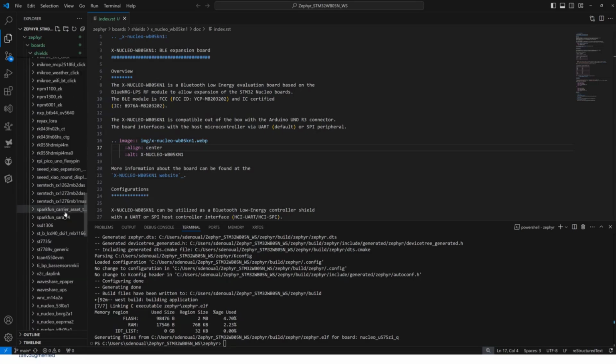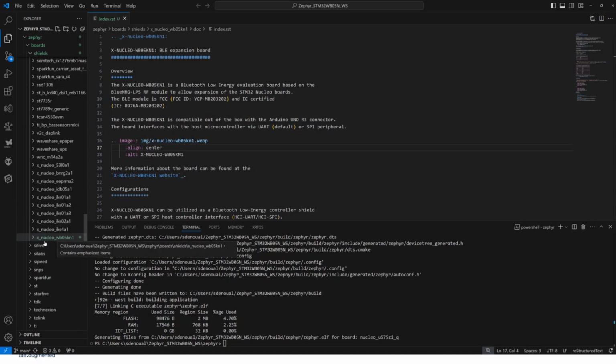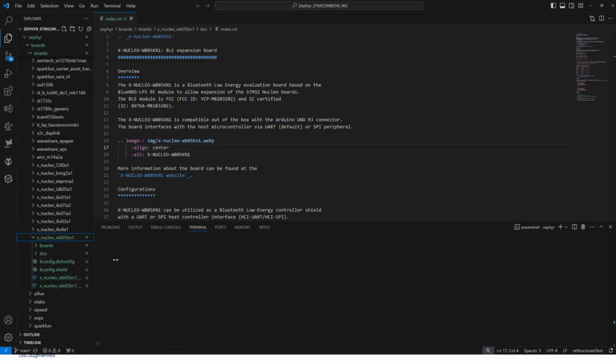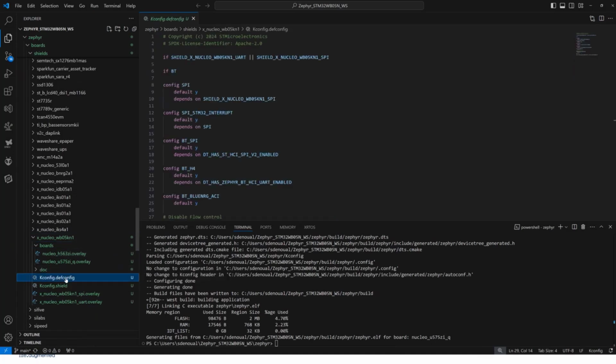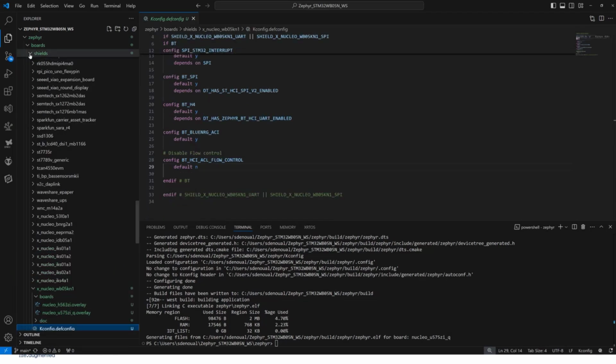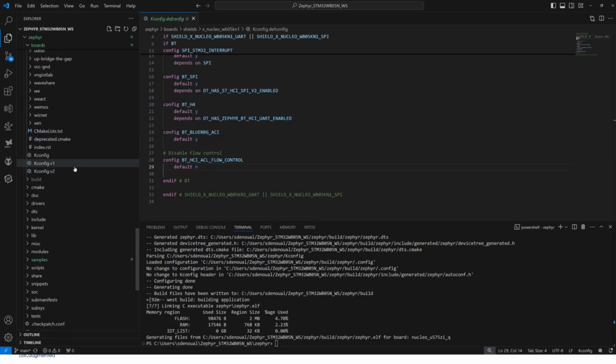Under this shield folder, we can see that we have this Nucleo now, which is officially supported. You get access here to the board overlay, the documentation as well, and all the configuration. So here we are for the shield, officially supported.